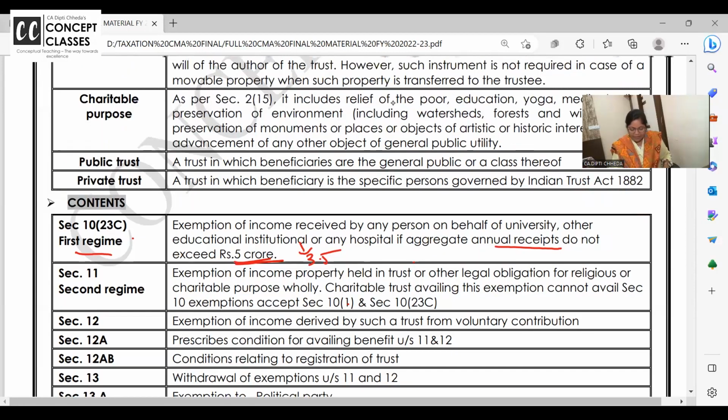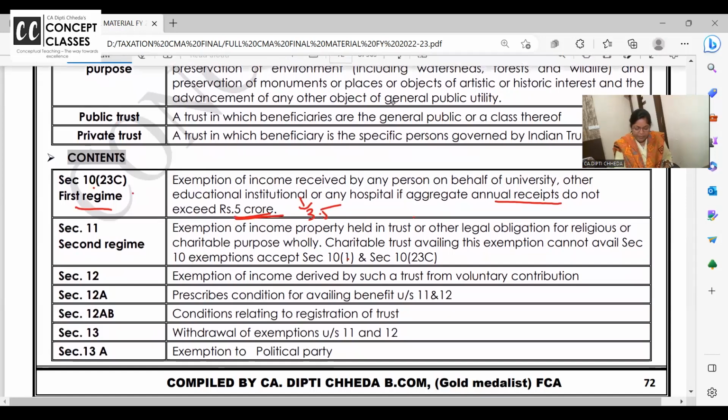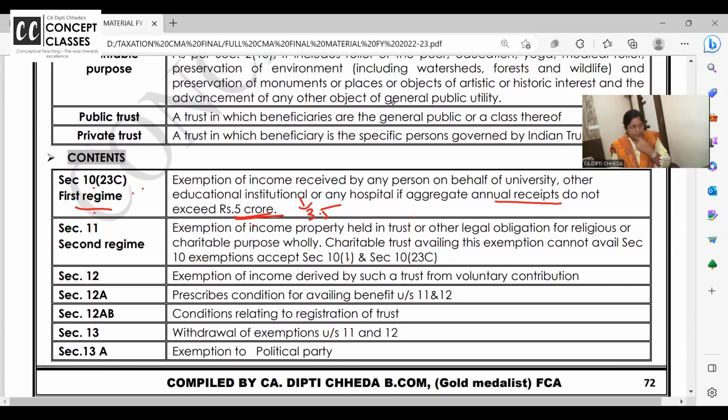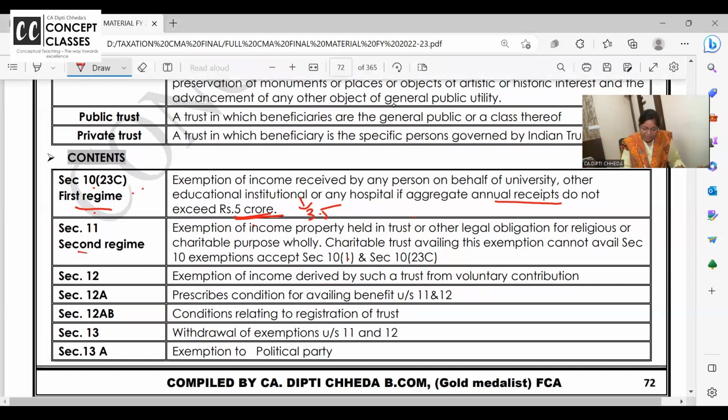Yes, this is there. This point is surely there. The limit is 1 crore, change it to 5 crore. That's what I said. And a few things not on the screen that I'm discussing, I'll give you the PDF. Page number 72. That's what I'm saying, it is 1 crore; make it 5 crore. Such a simple thing. And add these names: first regime and second regime.